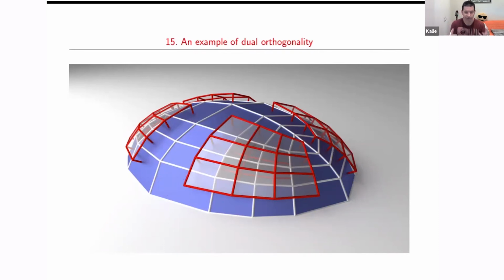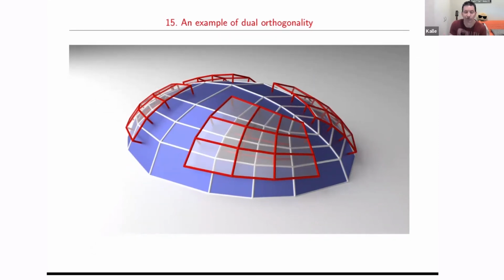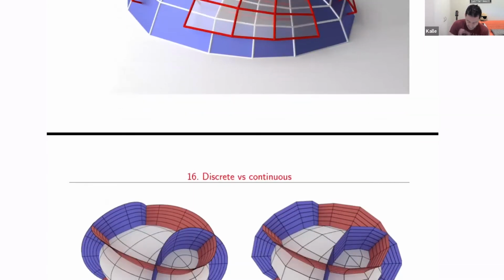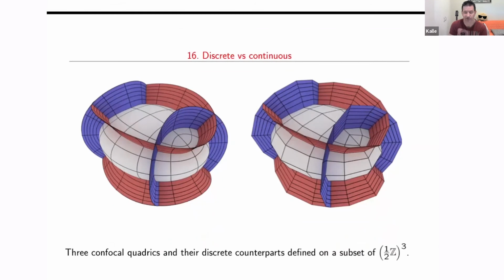So we have a polyhedral surface, as you can see here, composed of planar quadrilaterals. And another one here. And then, of course, also in this direction here. So this is three-dimensional. And all the dual edges are orthogonal. And so this is our definition of a discrete version of orthogonal coordinate system or coordinate lines. Okay, so here are two pictures. So this is the continuous case, and this is a discrete version of it.